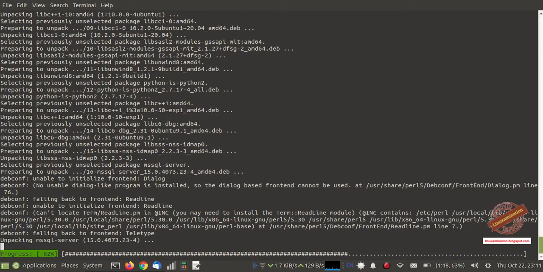This is installing MS SQL Server, the 2019 version of MS SQL Server.